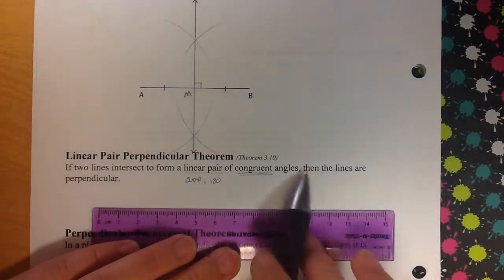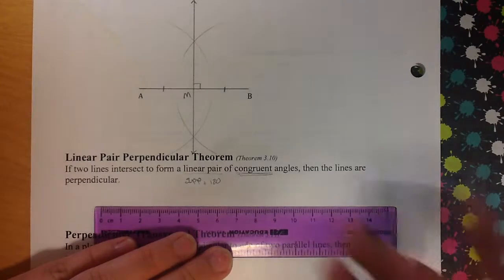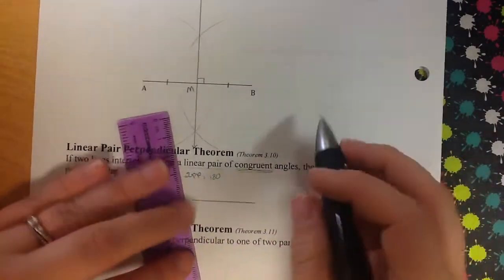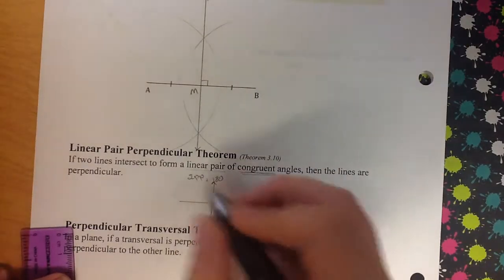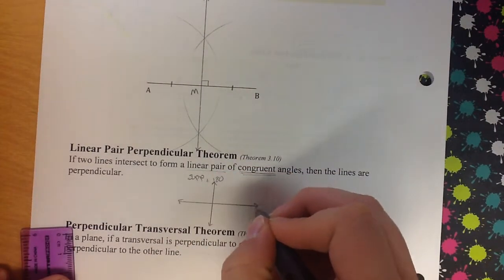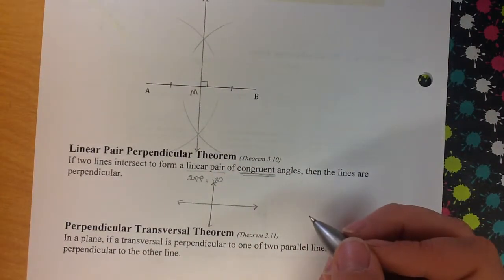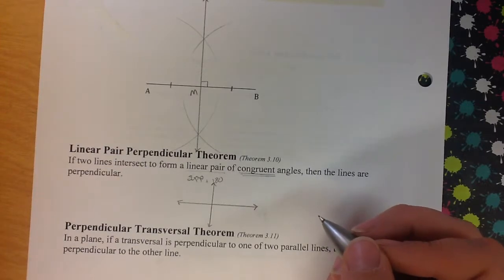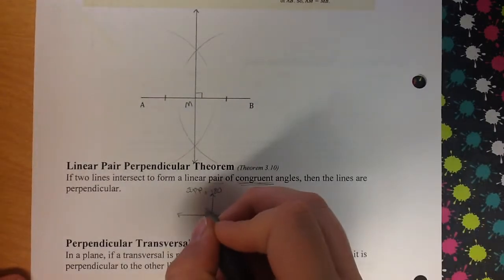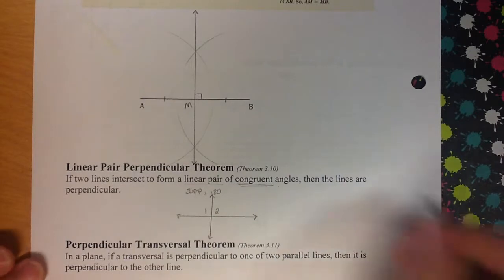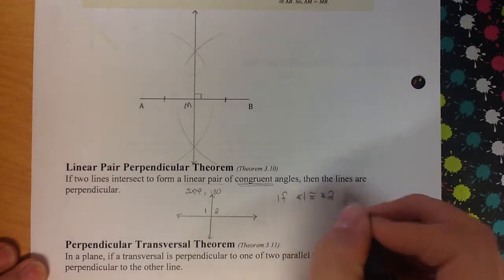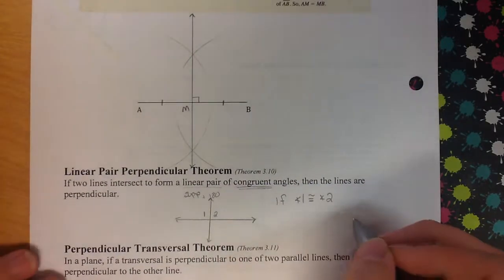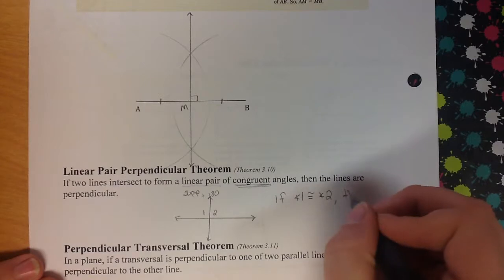So then that's the kind of giveaway, then the lines are perpendicular. So that was the gist of the proof on these. Okay, so meaning if I have two lines intersect to form a linear pair of congruent angles, let's call this angle 1, this angle 2. In if-then form, if angle 1 is congruent to angle 2, they're a linear pair, they're congruent, then I